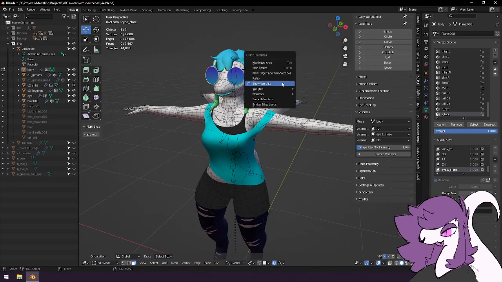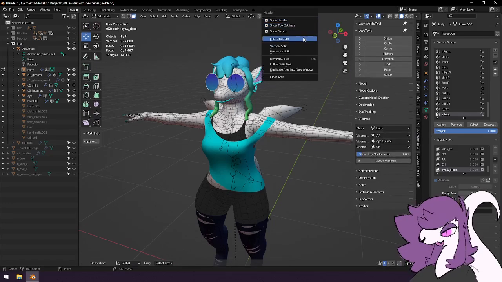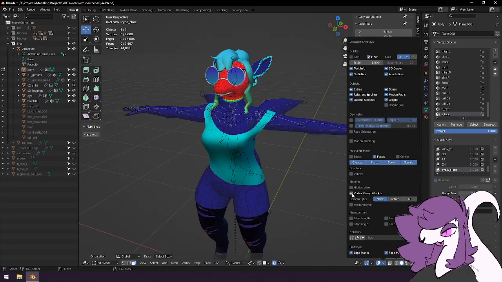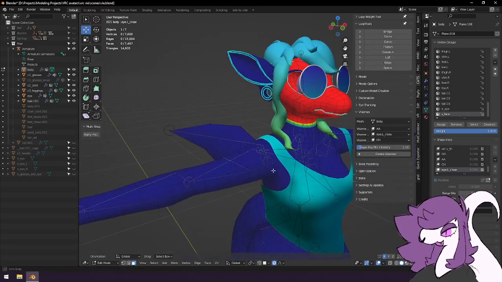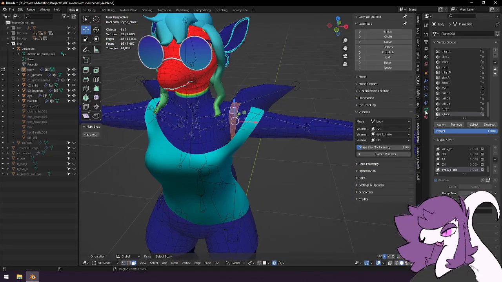So first thing you're going to do is show weights, which can be found in this menu. This is normally up here, I think, in normal Blender, but I've just gotten used to it down here. But this little thing, there we go, vertex group weights. So you can see the weights in edit mode. So what that lets you do is manually select vertices, and in this menu, this triangle, you can go to,